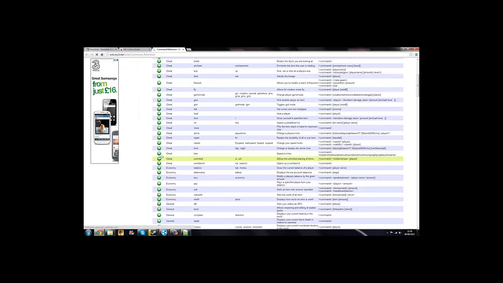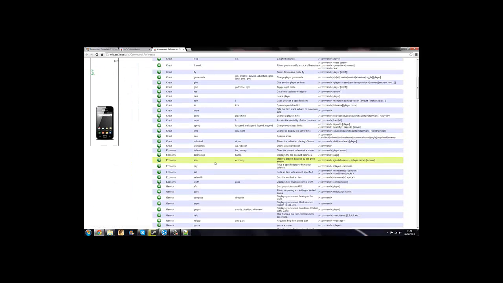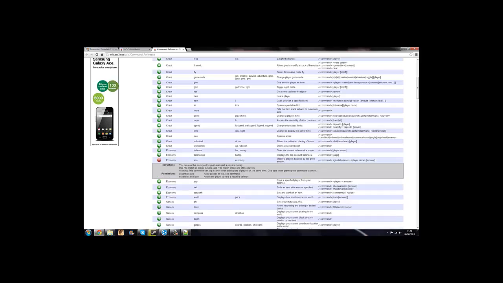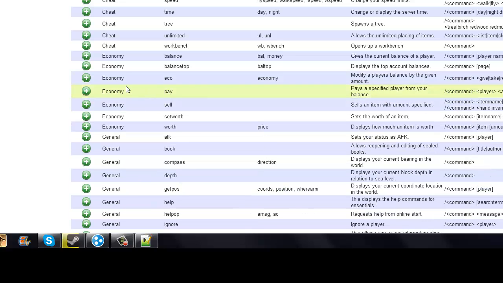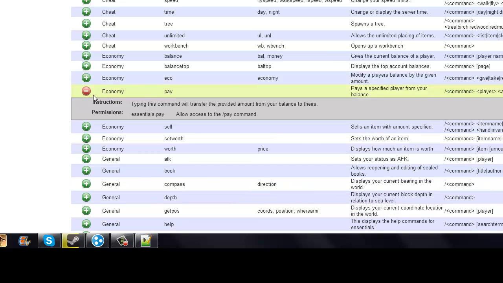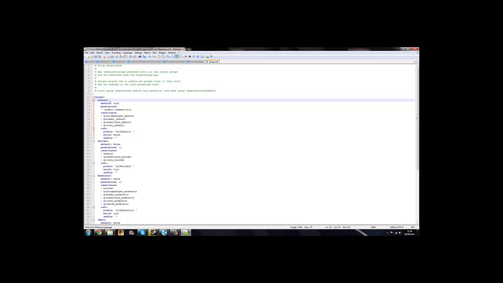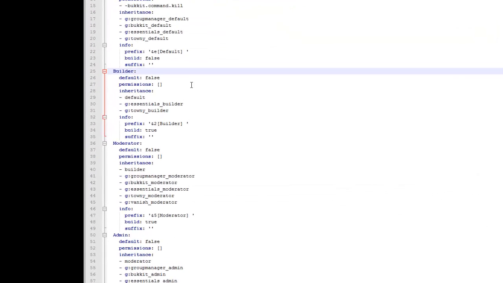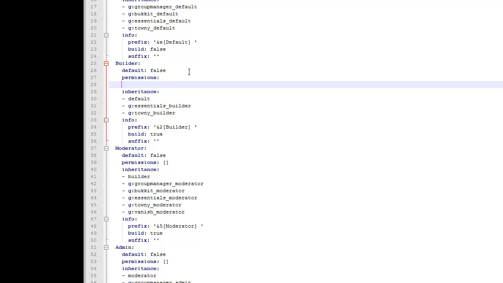And this basically tells you, say if you wanted to give someone a command of money, press the plus and it will come up with it. So essentials.eco. But that's the cheap way of getting money. If you want somebody to have permission to pay, click it, and it says you need to put in essentials.pay. So we go in here. Say if I wanted to give builder permission to do /pay, we delete that little square bracket there, press enter,